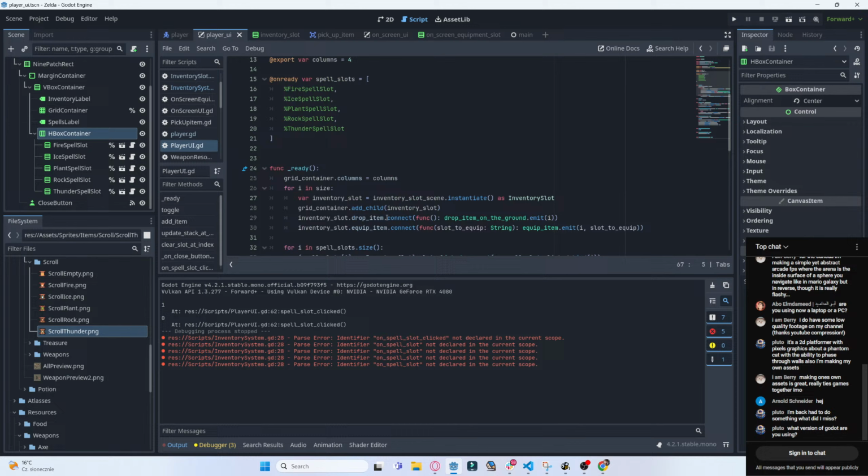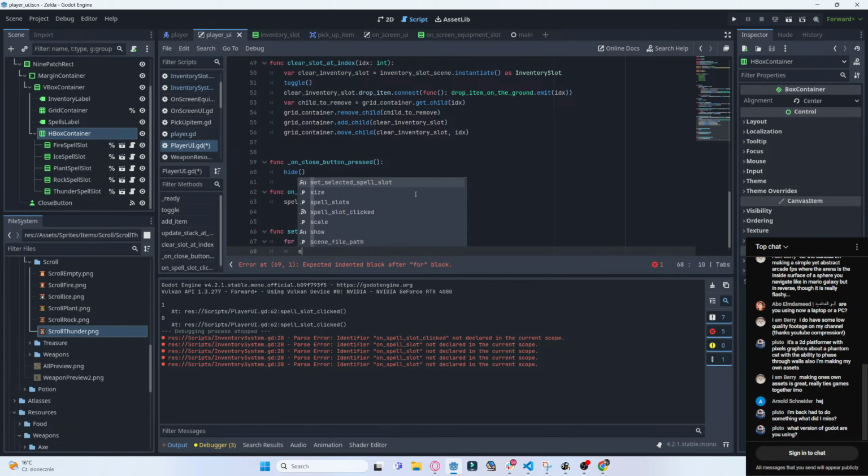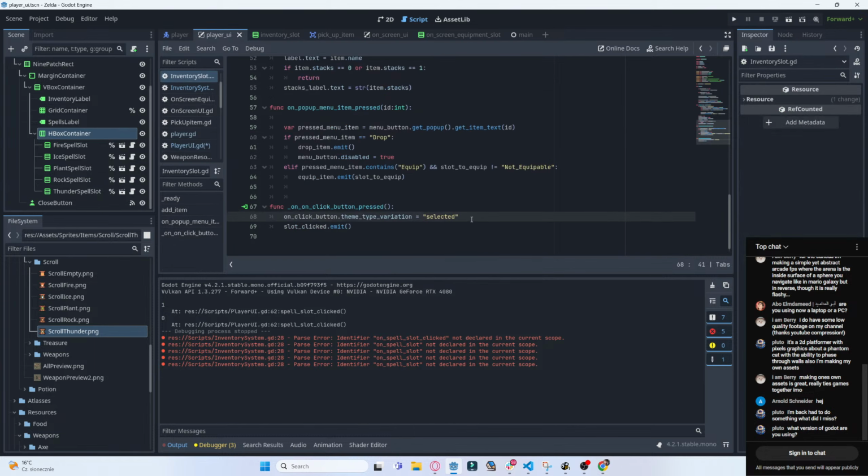And what do? We iterate the spell slots, for i in spell slots size. What we do is we will say, what we really need to do is go inside of here, get that, and say